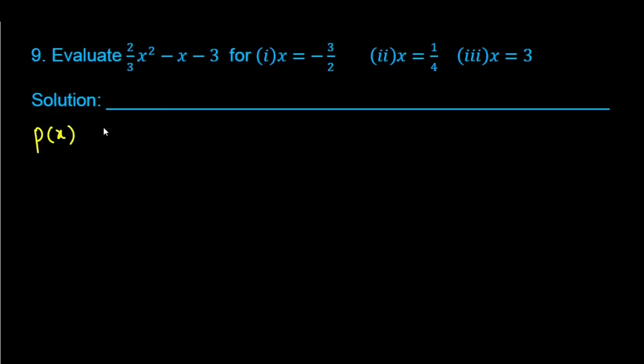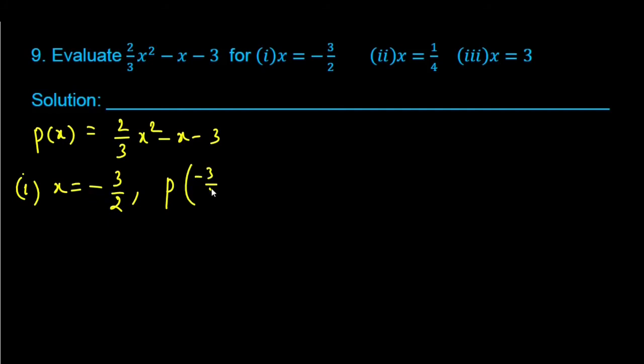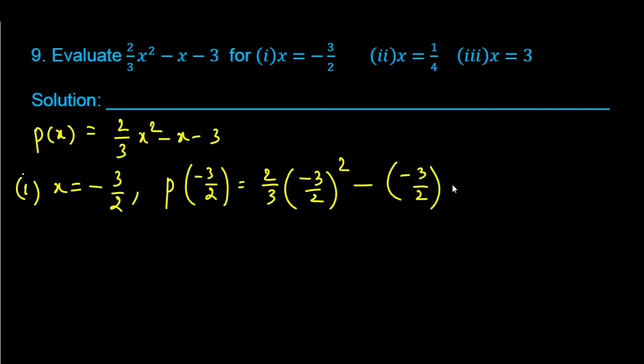Given p of x, here 2 by 3 x square minus x minus 3. First one, x is equal to minus 3 by 2. Now p of minus 3 by 2 is equal to 2 by 3 into minus 3 by 2 whole square minus minus 3 by 2 minus 3. This becomes 2 by 3 into 9 by 4 plus 3 by 2